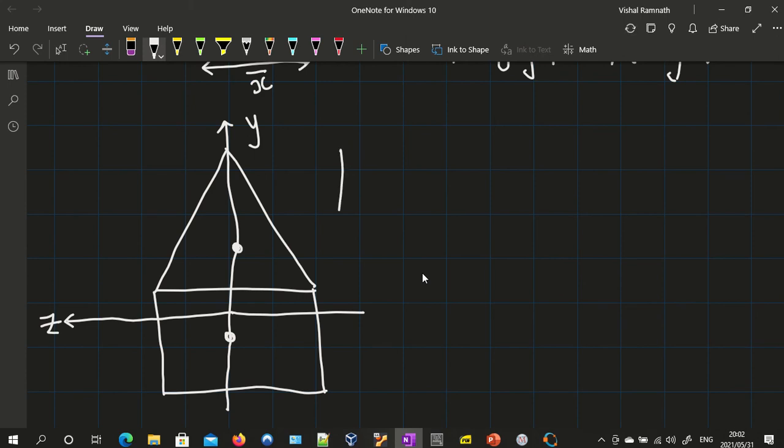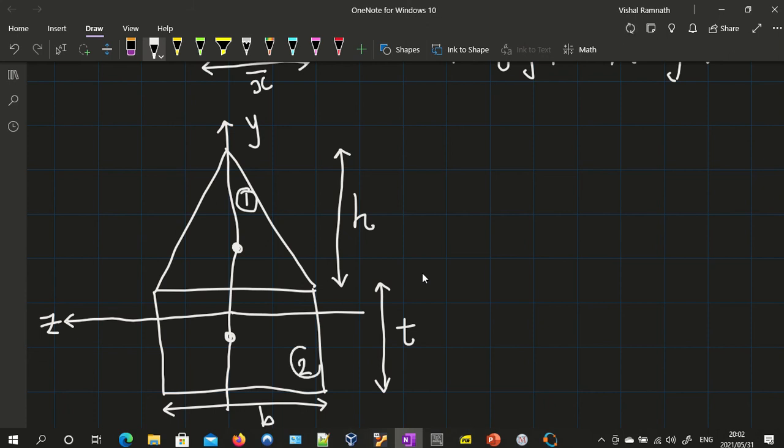We are given the height as t. We are given the breadth. This is our region 1, and this is our region 2. We know the height h1 and h2 in terms of h2, and then we want to find out